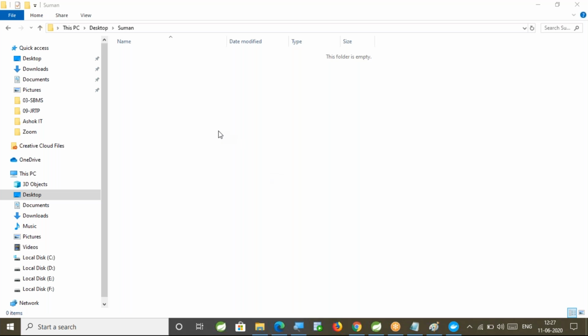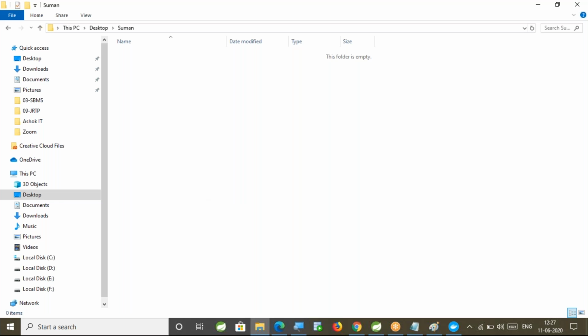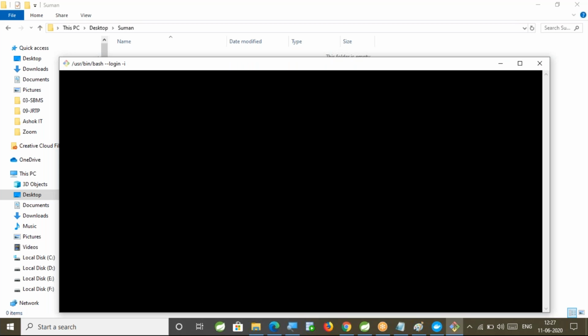Now, you can clone from the IDE also, or you can clone from Git Bash. We will feel comfortable with Git Bash first. Go to Git Bash. Right. What is the command to clone a repository? What is the command that I need to use to clone a repository? Please text in the chat box.